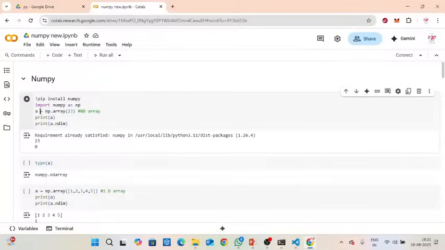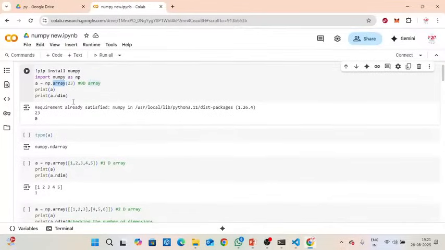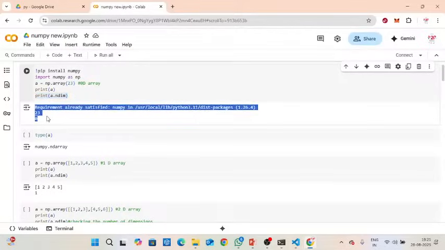I create another variable a and then I want a function of NumPy, so I am mentioning np, and I want to load data in the format of an array. So here I am mentioning np.array and then giving a value of 23. After that, we can check the dimension by using this syntax also, a.ndim. Likewise we run it now, and it will show the dimension value.